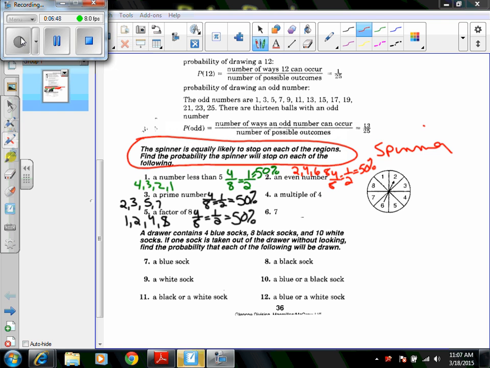All right, next one, a multiple of 4, okay? So our only multiples of 4 on the spinner are 4 and 8. I can multiply 4 by 1 and I can multiply 4 by 2 to get 8. So our answer is going to change this time. This time I have a 2 out of 8 chance of getting a multiple of 4, which equals 1/4, which is equal to